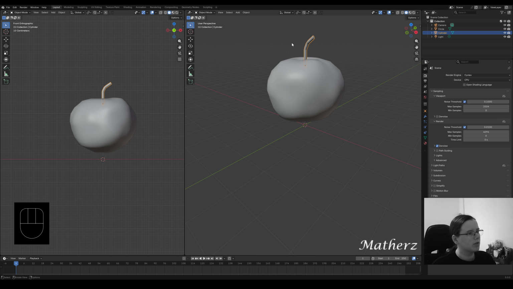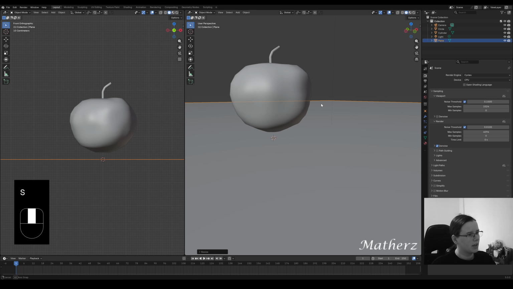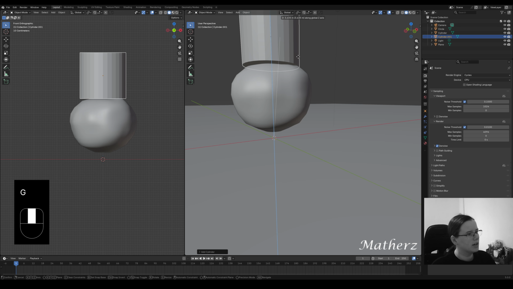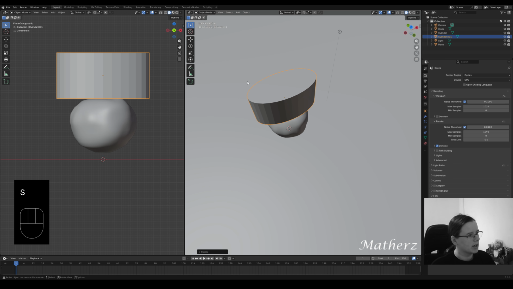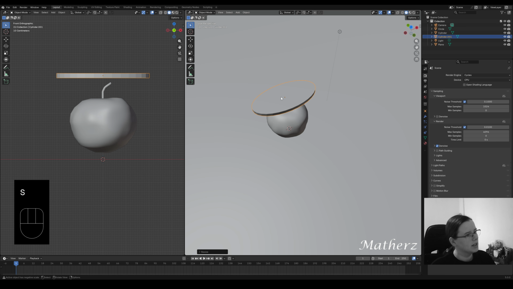Let's go back to object mode, right click shade smooth on that stalk, and we're going to go ahead and add in a plane underneath so we can see the glass. So you can add a little kind of leaf on this if you wanted to. So to do that, we'll go with this cylinder. Let's go G, bring this up, elongate this along the side to give it kind of a comical look. Let's go S for scale, bring this down, right click shade smooth,